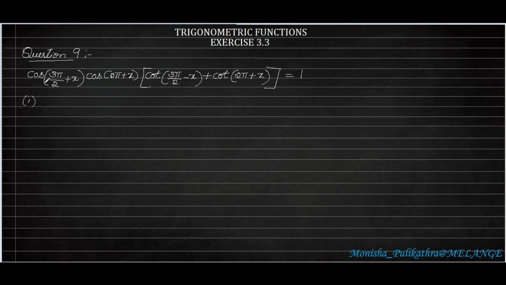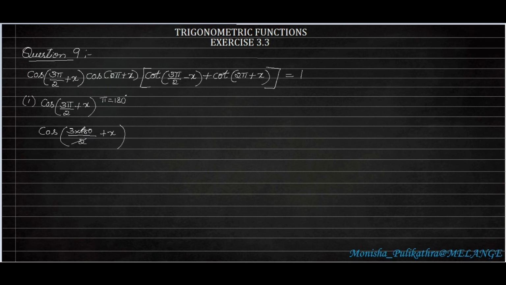So first, I'll be taking the first section, that is cos 3 pi by 2 plus x, because we don't have any values for this particular segment in the trigonometric table. So first we have to find out the values for it, and only afterwards can we substitute it. Here, first we know the value of pi. Pi means 180 degrees. So we substitute that: 3 into 180 divided by 2, plus x.